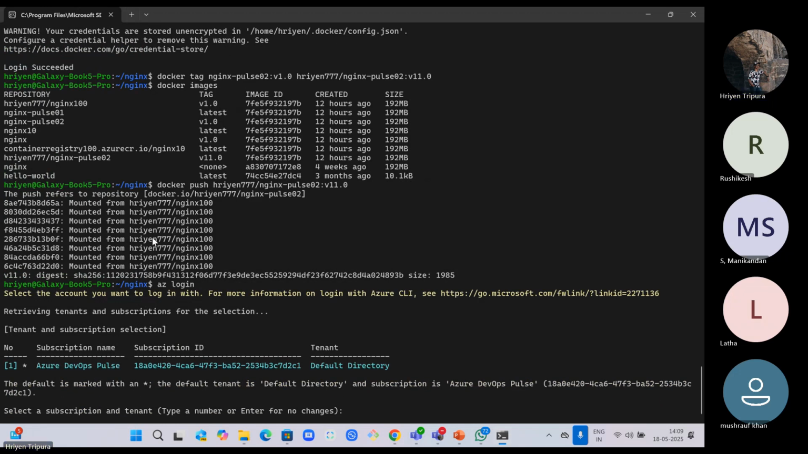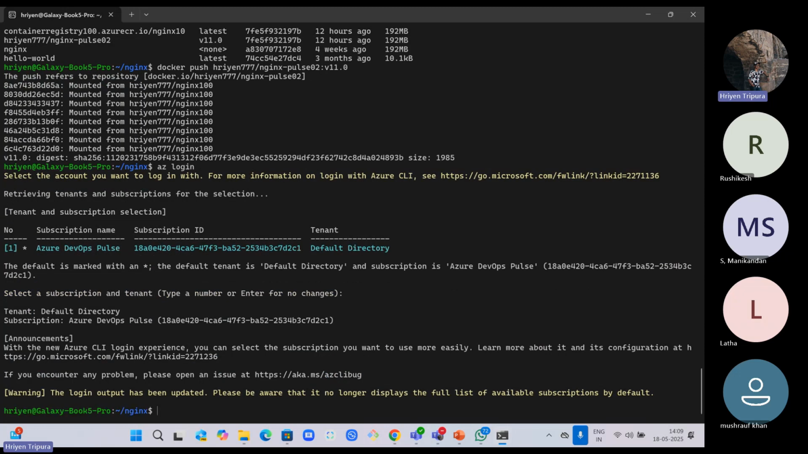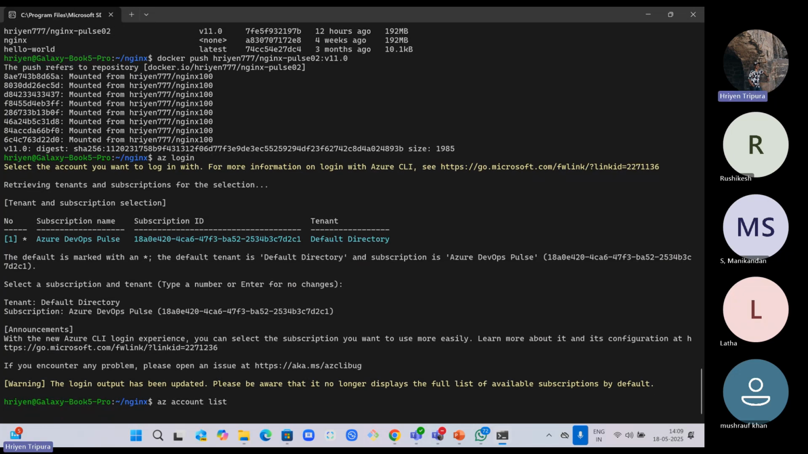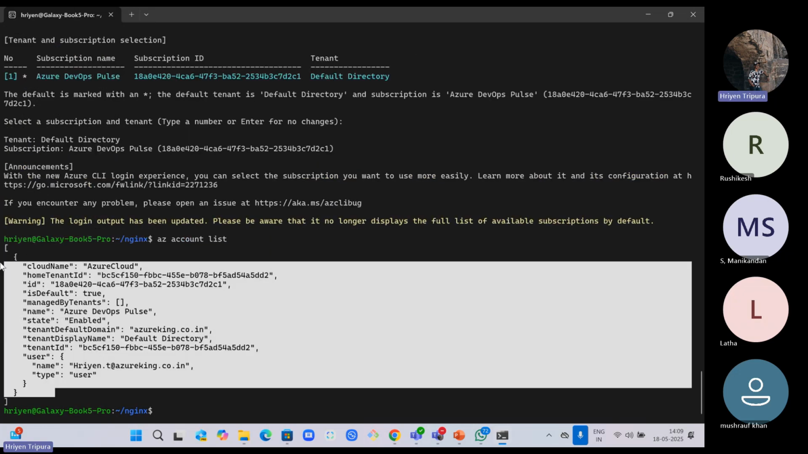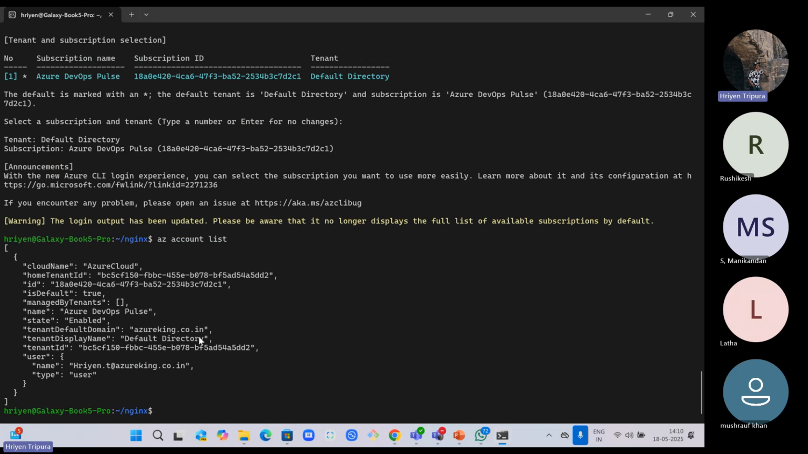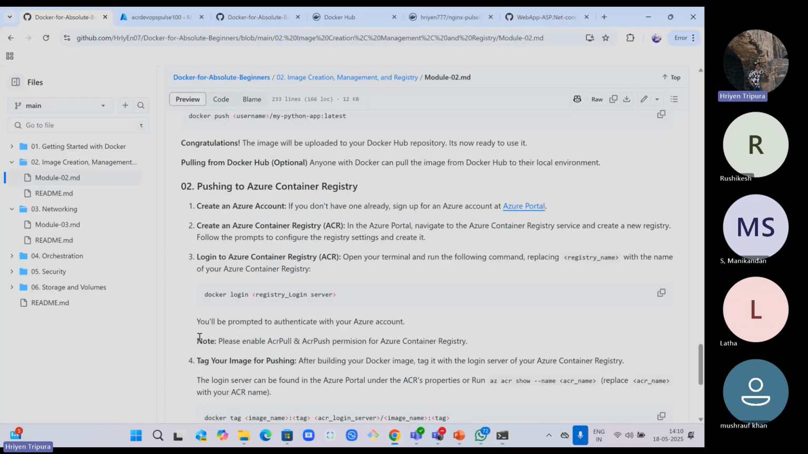So I don't want to do any changes, enter. Now if I type az account list, basically I want to list it. Now I can see I have logged in to my Azure, basically not Azure, my subscription. Now I need to log in. Once I log into the subscription, having the access to the subscription, now I need to basically